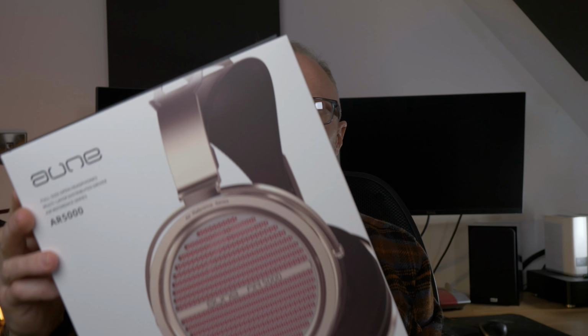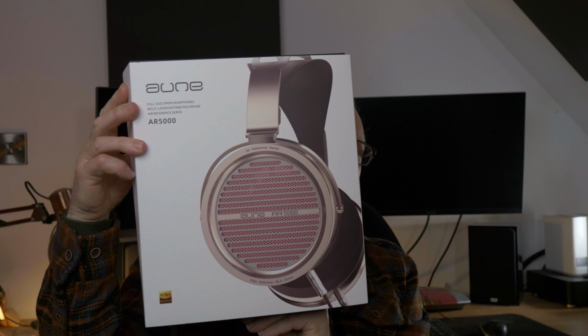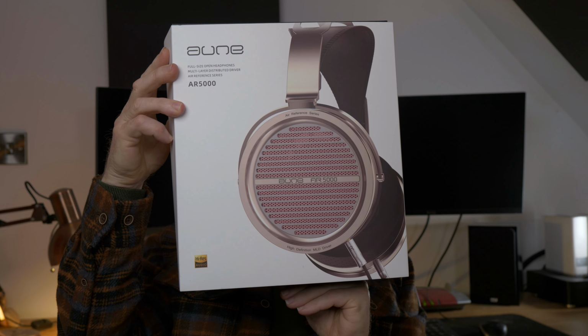And that is the new AR5000s. Now, if you'll excuse me for one moment as I lean over, I'm going to grab the box to show you what the box they come in looks like. Hopefully I'm not going to knock everything off the floor while I grab it. Here it is. I'm just going to hold it up there. Hopefully we're going to get it into focus. I can't see at the moment whether or not that's in focus, but that's what we get. So it's the Aune